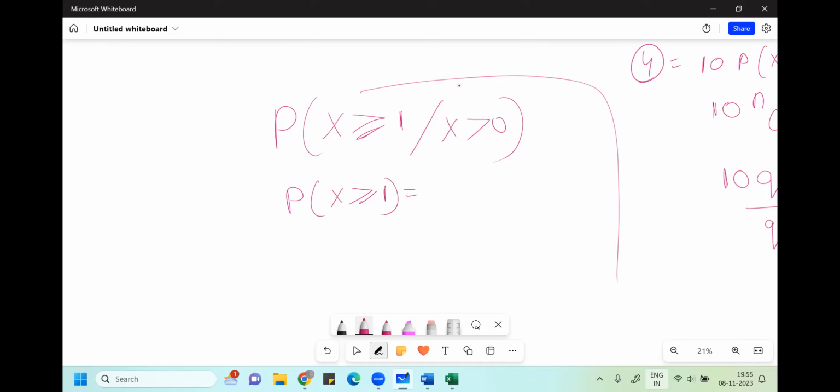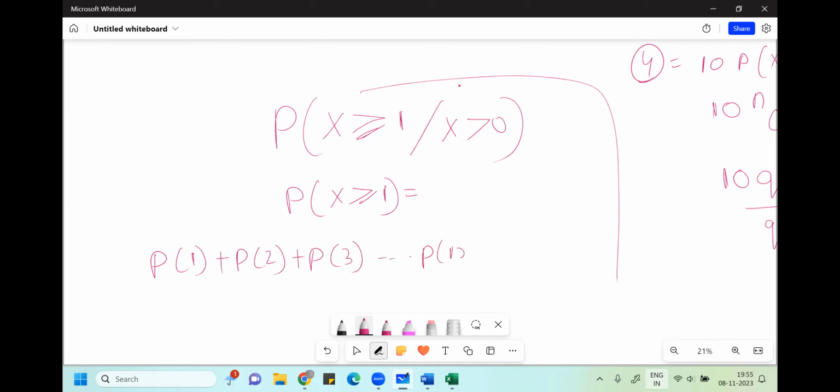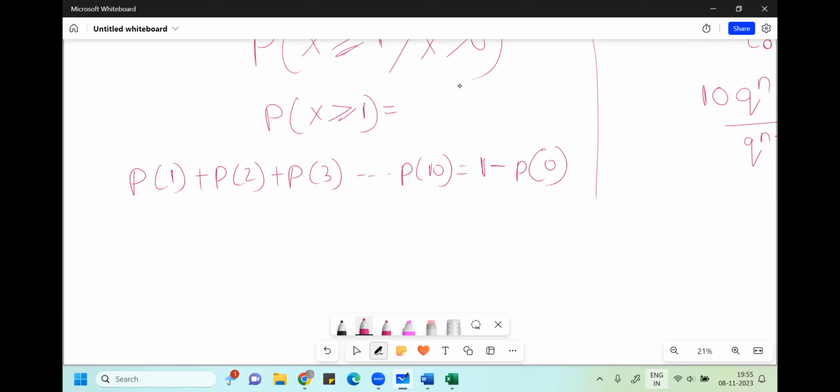So greater than or equal to 1 means 1 plus 2 plus 3, total n is 10, till 10. This is nothing but 1 minus the probability of getting 0 outcome. Everyone understands this, right? Greater than or equal to 1, so I can do 1 minus